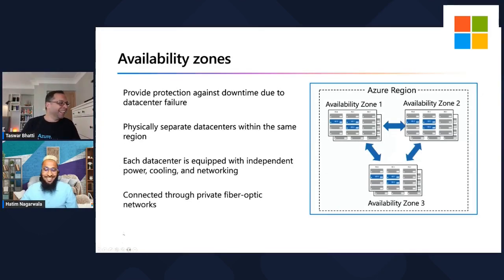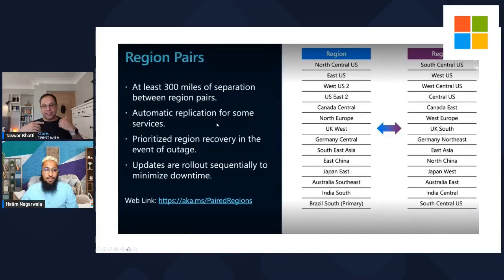Right. That's right. Okay, now there's also this other thing called region pairs, basically. Region pairs are 300 miles between each. So what are these region pairs? You're thinking, okay, different floors and so on, but what if the whole electricity goes away in this whole area? Then what happens? Azure has this neat thing called region pairs. Again, I'm going to use an analogy of Dubai. Maybe there's a region in Sharjah and one in UAE, or maybe Abu Dhabi. They're like an hour away or something like that. So Abu Dhabi and Dubai, basically. So let's say there are two regions.